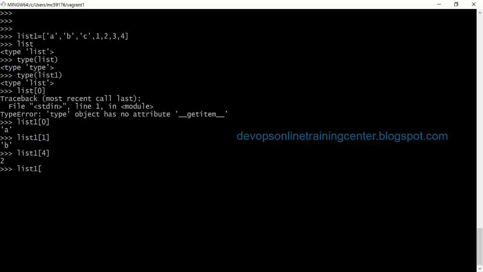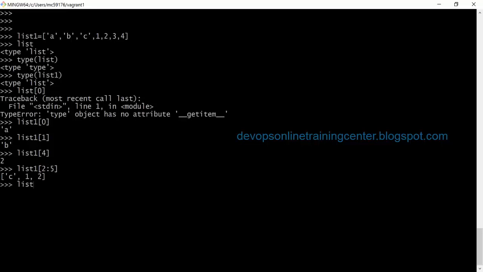Right? So let us say list 1 of 2 to 5. Okay, so this is 0, 1, 2, right? So starting from second element till fifth it will give. Starting from second element, starting index starts from 0. So 0, 1, 2, 3, 4 till fifth, excluding fifth. So it will give from second to fourth. Starting from the second element till fifth, excluding fifth is what it will give. List of 2 to 5.